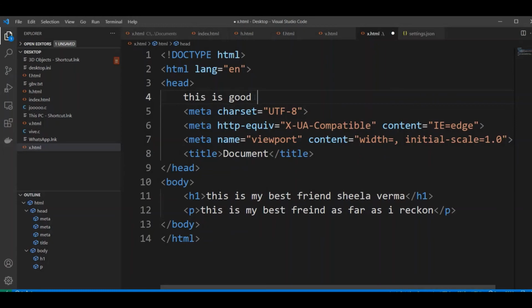So we will use the comment option. First of all we will select these statements and press Ctrl and slash. You already know this comment option is used in Visual Studio Code for HTML code. In this boilerplate the comment option is used like this.